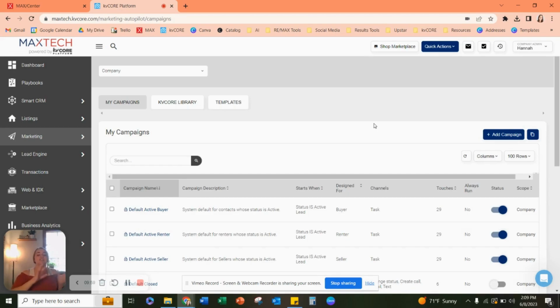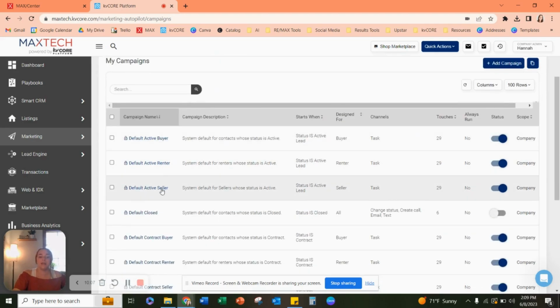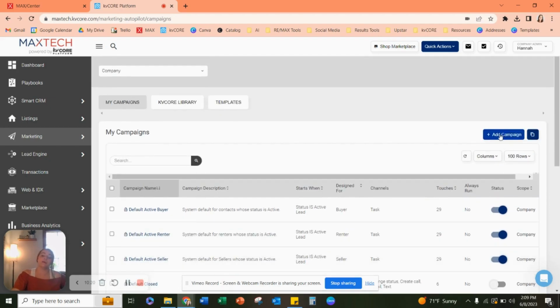Now, I touched on certain things that you can do. I would say start with the My Campaigns tab. Go through these campaigns, make sure everything looks good, clone them and edit them if you want to, turn them on and off if you want to. I would recommend keeping everything on so it can work in the background for you. But remember, you can also add campaigns from scratch and build your own campaigns. And you can take advantage of this for new leads that you get, for closed clients, for current clients, for potential clients, maybe out of your sphere of influence. Really take advantage of this,